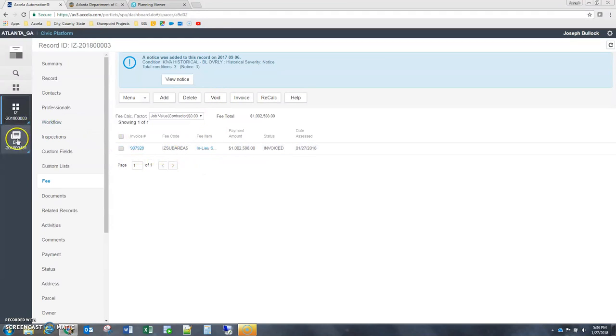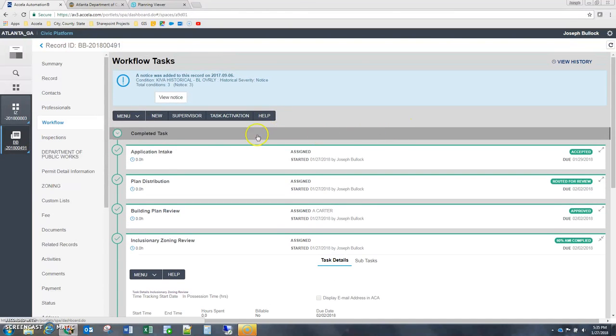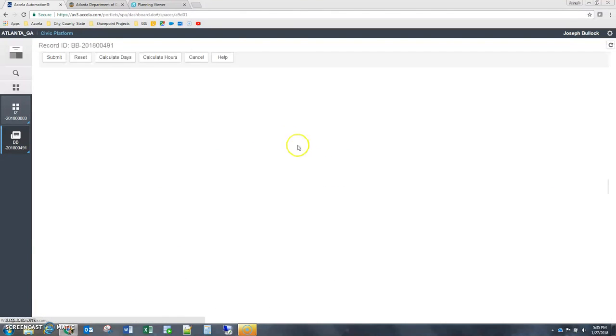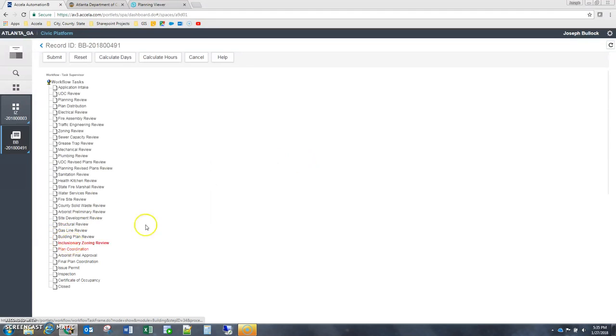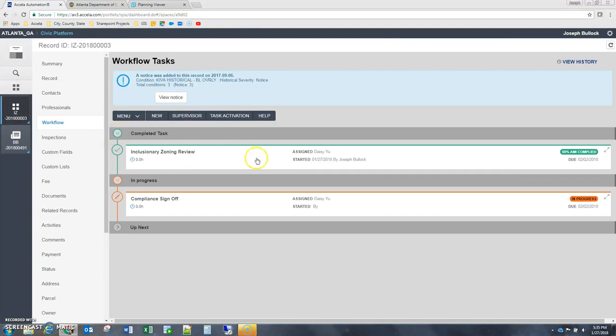But for the sake of not boring you to death, let me go ahead and change it back. What I did want to show you is that in the workflow, it does change the task here again to 60% AMI. Whatever you choose in the BB Inclusionary Zoning Review task, it will update the IZ Inclusionary Zoning Review task with that same